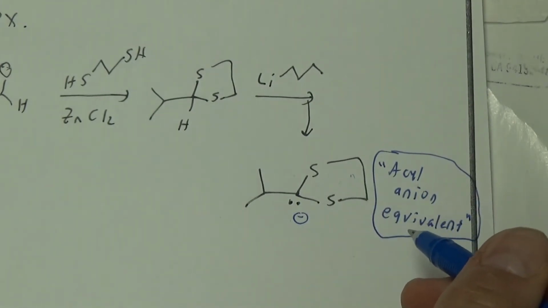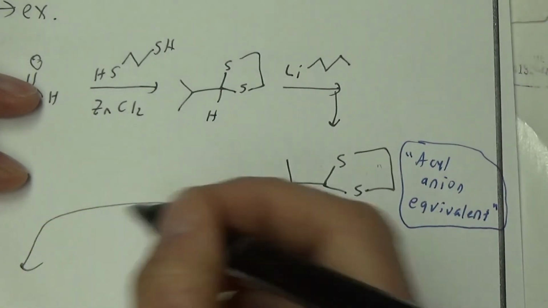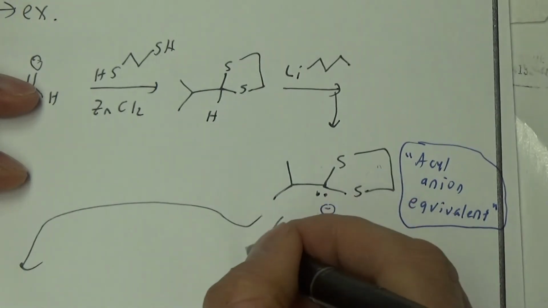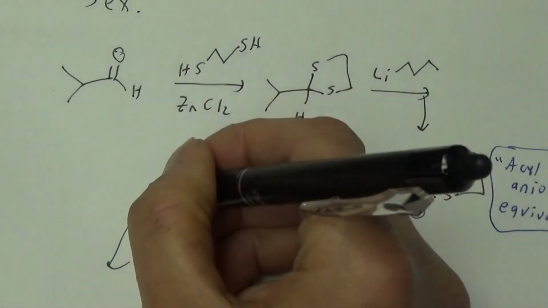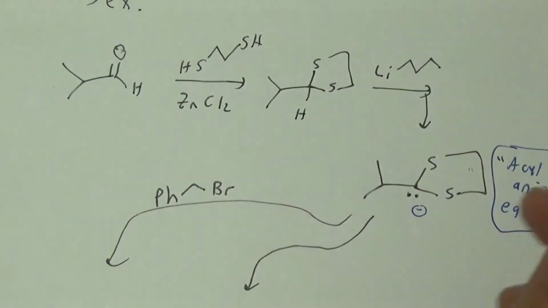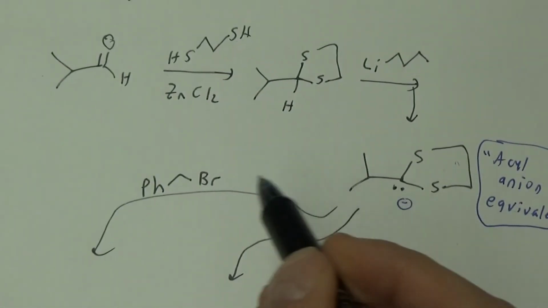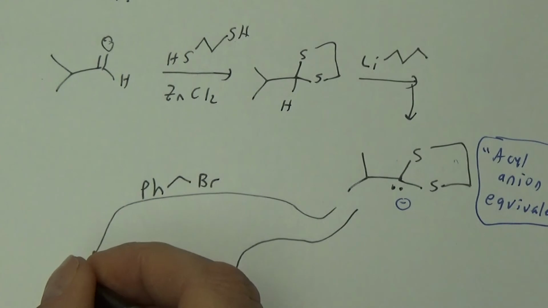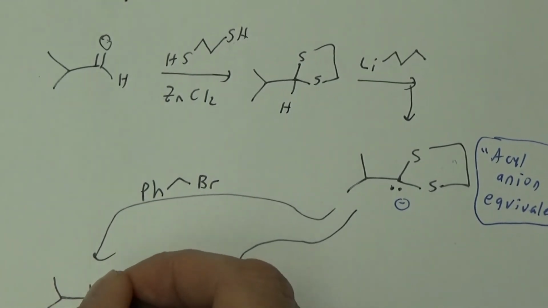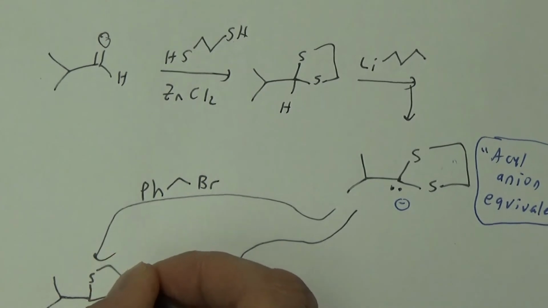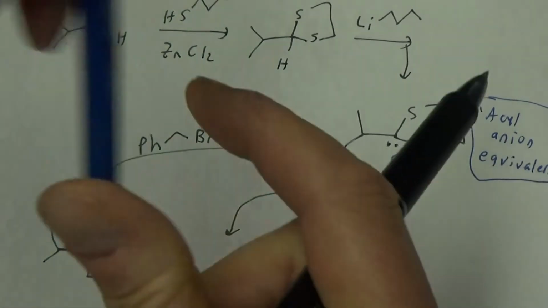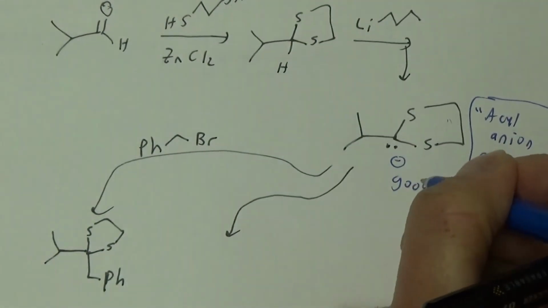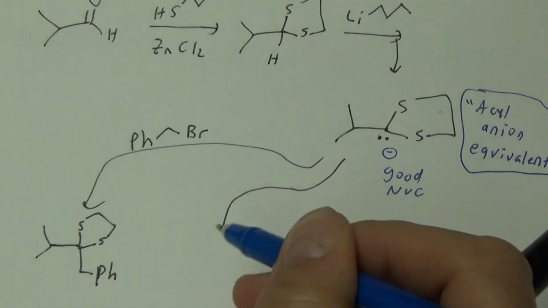Okay, so let's just show, like, kind of rapidly, what are the things we can do with this thing? Let's just show 4 different things we can do with it. Well, first one is we can attack alkyl halides. It's a good SN2 style nucleophile, right? Negative charge attacks carbon, kicks off Br. Now we got a thioacetal. Right? It's a nice nucleophile. Good nuke. What else can we do with it? Maybe we can go attack